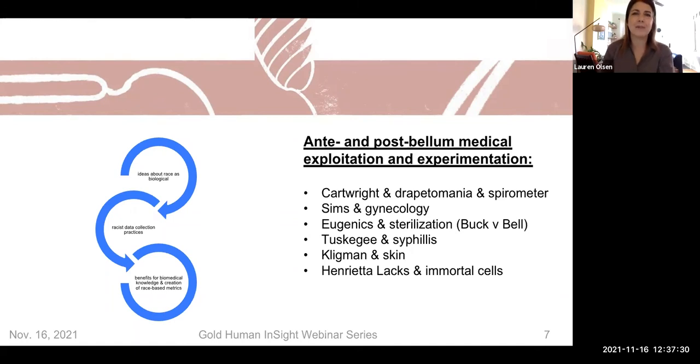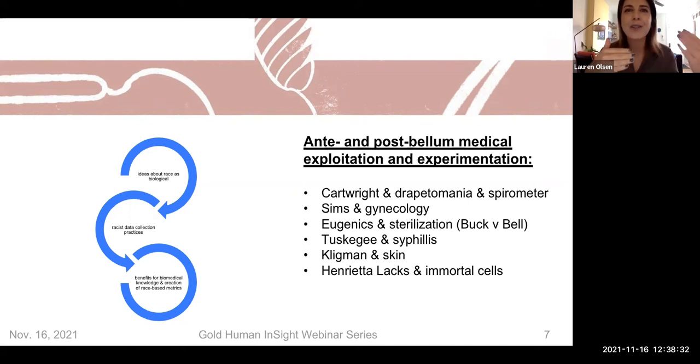The Henrietta Lacks case has been given potentially among the most attention thanks to the wonderful book written by Rebecca Skloot about both her treatment and the HeLa cell line that was taken from her cells as she was undergoing treatment for cervical cancer, and then charting the relationship between that and her family. And that's why I end here, because what the Henrietta Lacks case really shows is, again, thinking of race as relational. Here we have this person of color who ends up dying of her cancer, and her cells go on to yield biomedical benefits